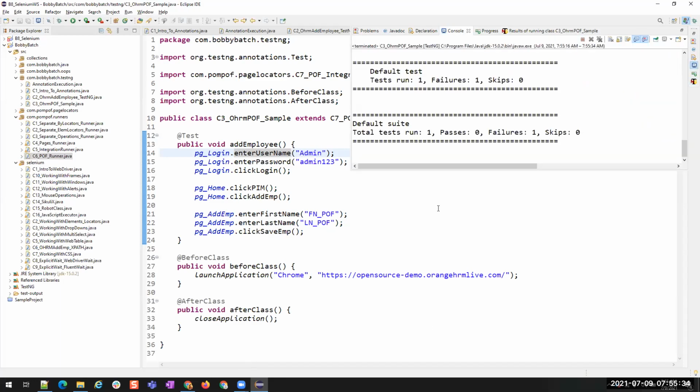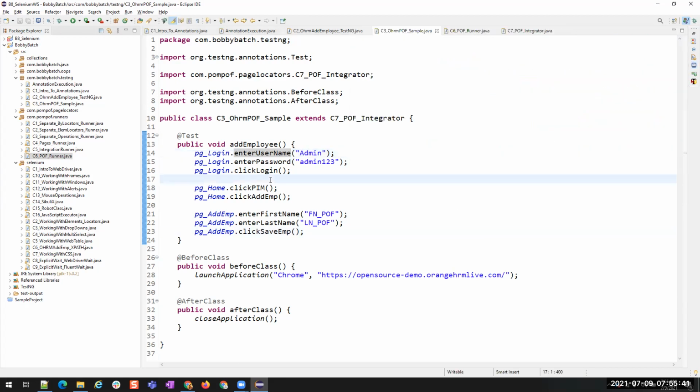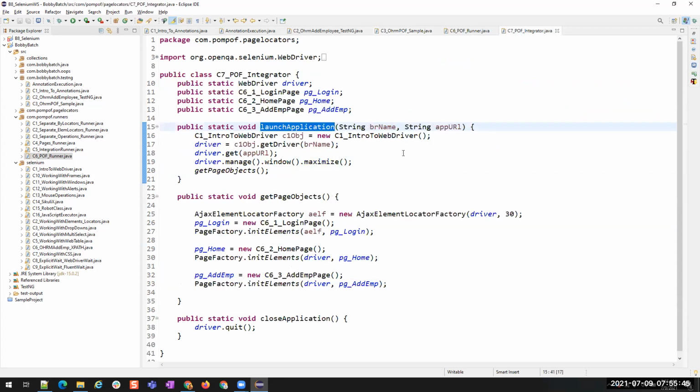Okay, let us give some wait time over here. Might be that is the reason. Okay, we did not have any implicit waits, right? So that is what is giving this error.